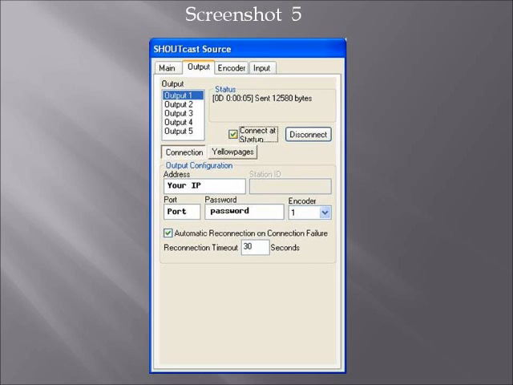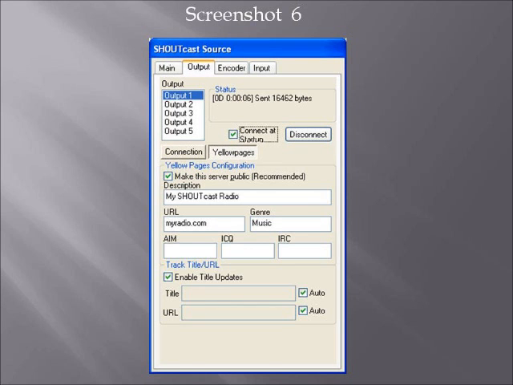Now, the reconnection timeout field tells Shoutcast source how much time to pause in between each reconnection attempt. So if you fail to connect, that's going to tell it how many seconds to wait before it tries to reconnect again. Now, the next thing that we need to do to complete is the yellow pages section of the